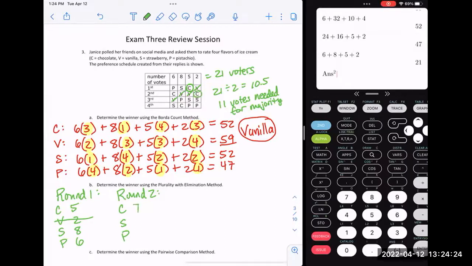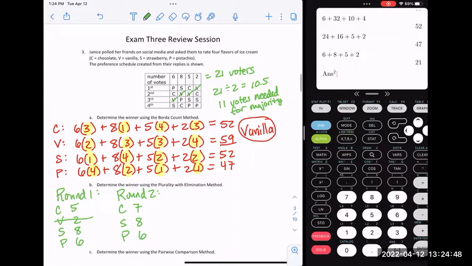So that means chocolate now has 7 votes, right? The other ones in this case didn't change. Strawberry still has 8 votes. Pistachio still has 6 first place votes. All right, so does anyone have a majority? No, so nobody has the 11 votes that we need for a majority,